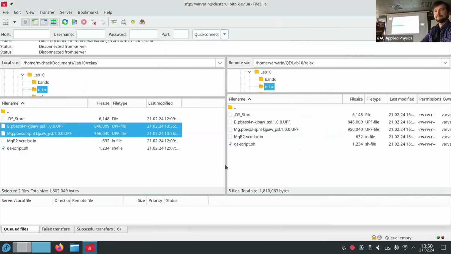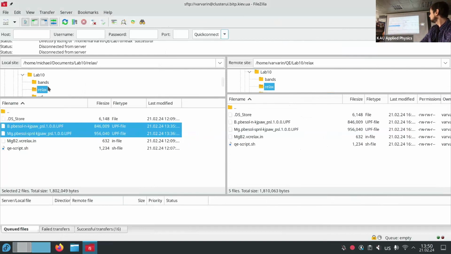So how to copy something to Boston? You go to file zero. On the left is your local PC, on the right is the cluster. You navigate to whatever folder you want to save to.